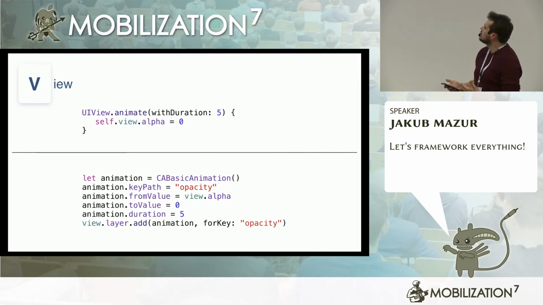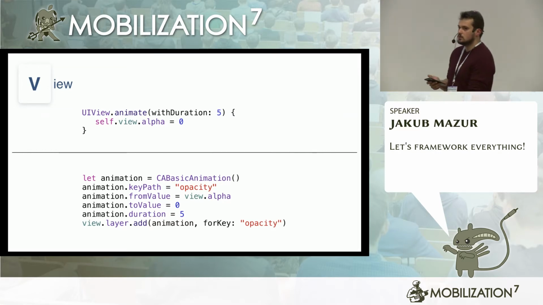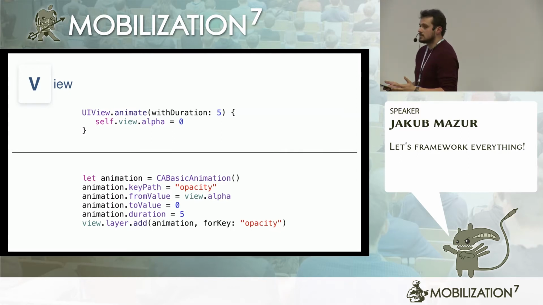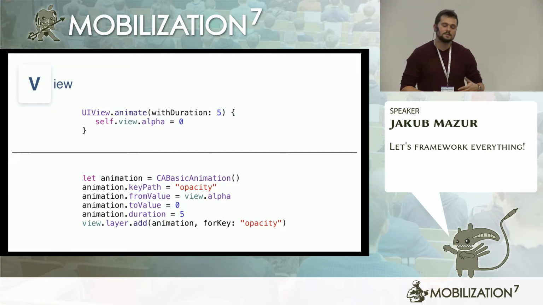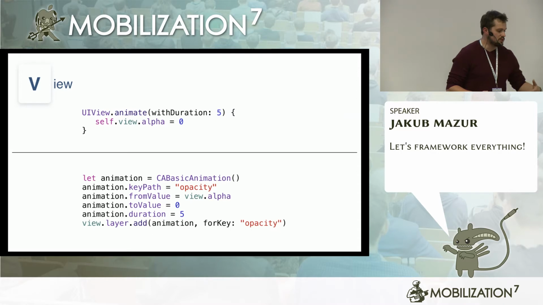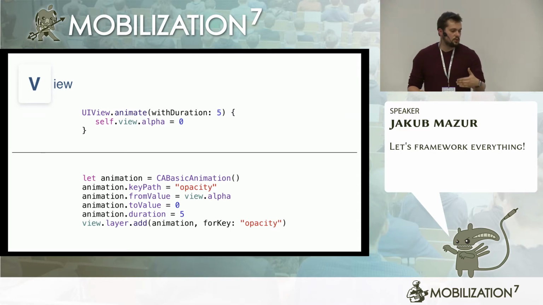You have to write grid from value to value, and it's just because you have to change the opacity key, and it's not that straightforward. The reason I'm doing it that way is because UIView animate with duration doesn't have an equivalent of